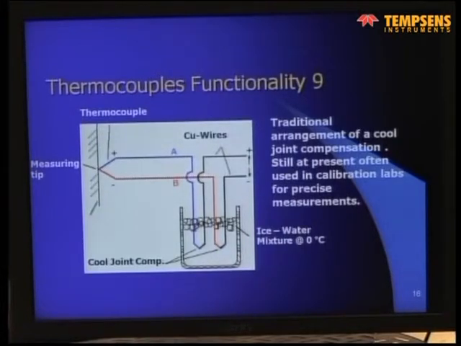Yes, this is practically 0 degrees. When you use tap water here, this is somewhere around minus 20 millikelvin below 0 when you use the normal water which you get from the water supply. And for thermocouple measurement, a difference between 0 and minus 20 millikelvin below 0 is